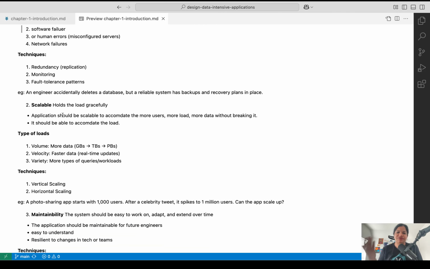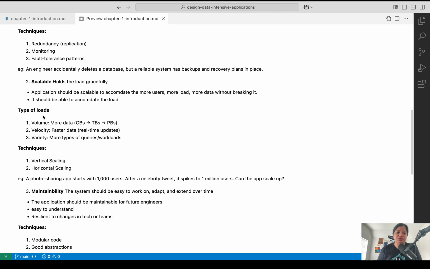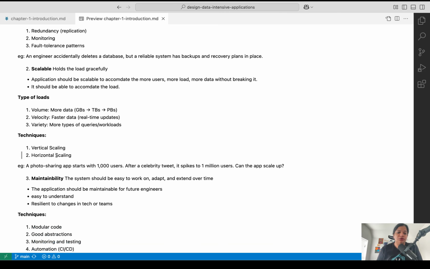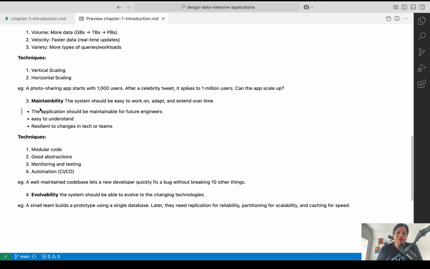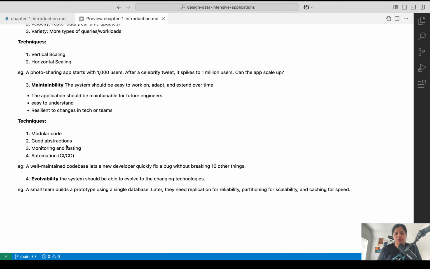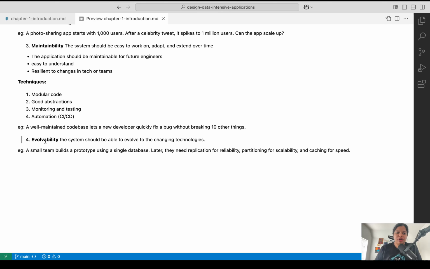Scalability, obviously, as I told you, when the load is coming, your application should be able to handle it. How you can do it, you can have vertical scaling, horizontal scaling. Maintainability, as I told you, if changes are coming, it can adapt to them. If new developers are coming, how easy it is to onboard them and all that. So you have techniques like modular code, monitoring, testing, CI/CD, and all these things too. You will see more